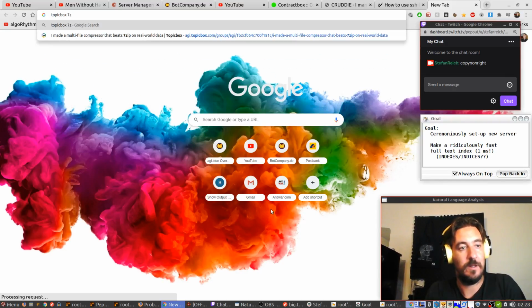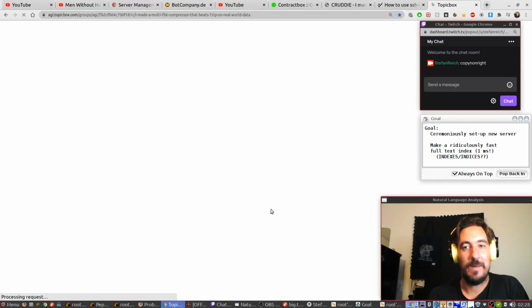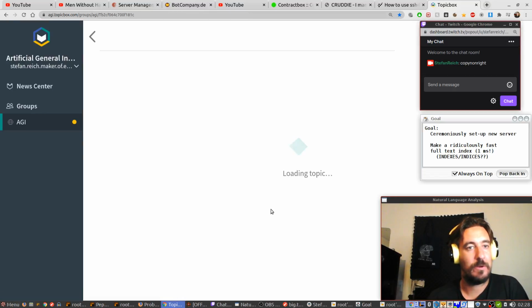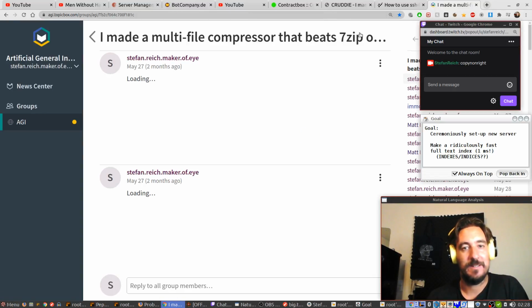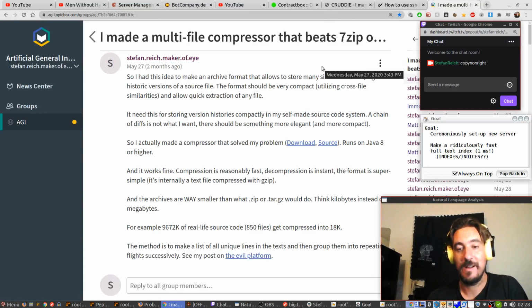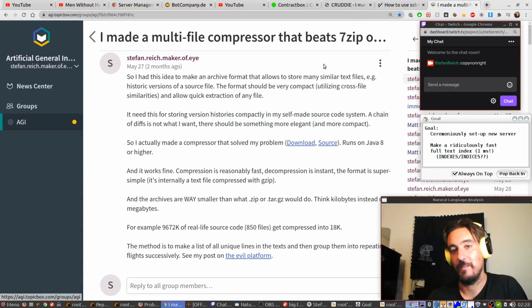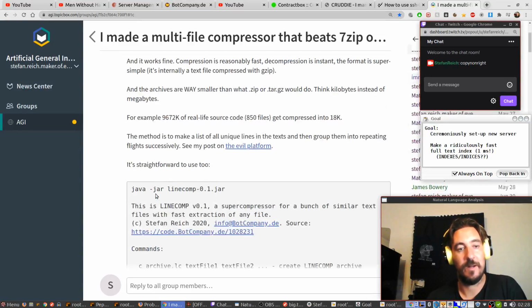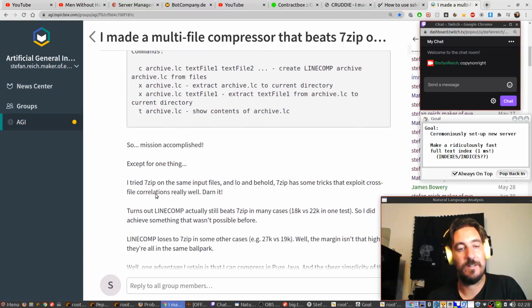I made a multi-file compressor that beats 7-zip. It does. On certain archives, it beats 7-zip, which is like the best general purpose compressor, because I handle similarities between different files very well. And the file format is ridiculously simple.